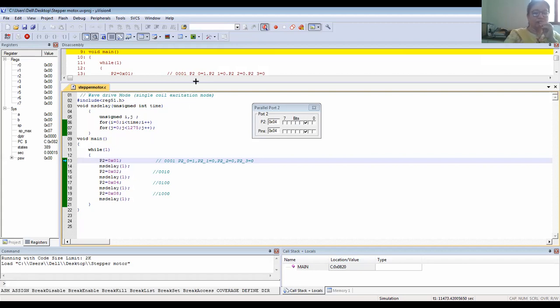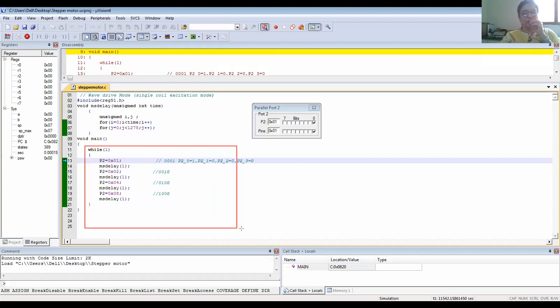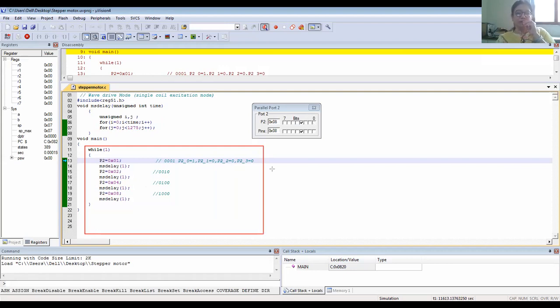And next, this is the main program. Here we are executing an infinite while loop to make the rotor move continuously in the clockwise direction. What we have done here is we have used port 2, and port 2 is loaded with the corresponding sequence. The starting sequence is 0001, that means the corresponding coil of this pattern will be excited.